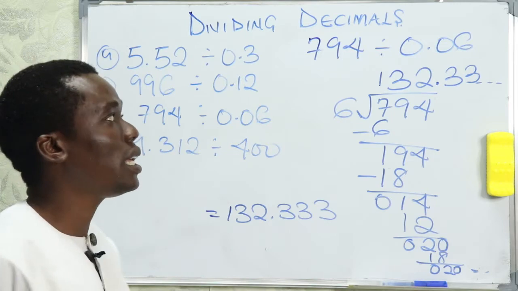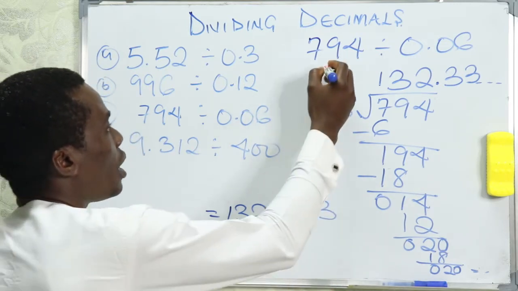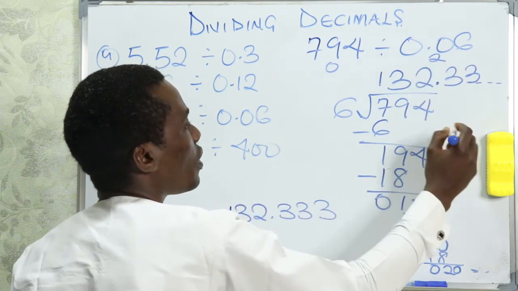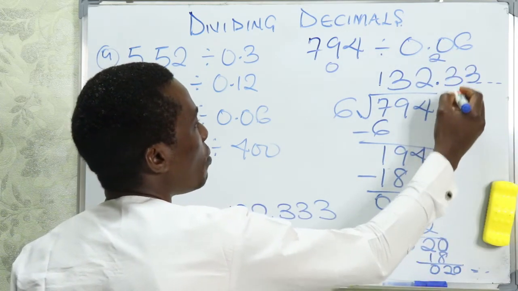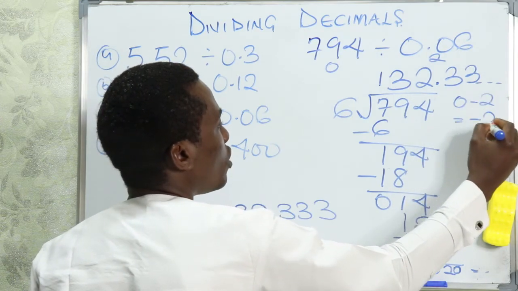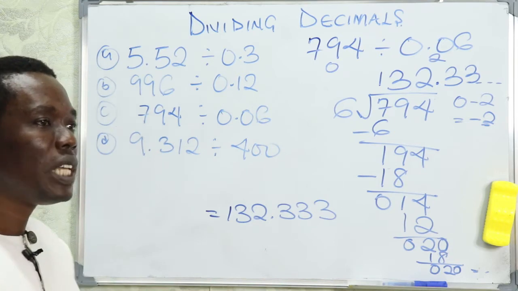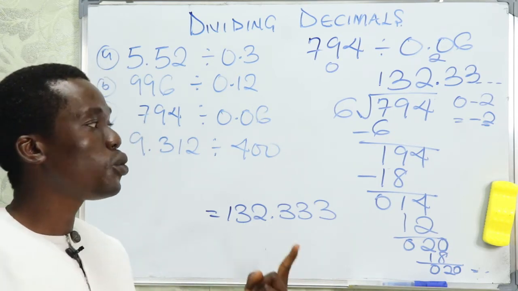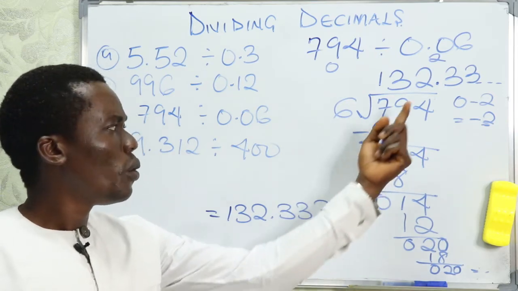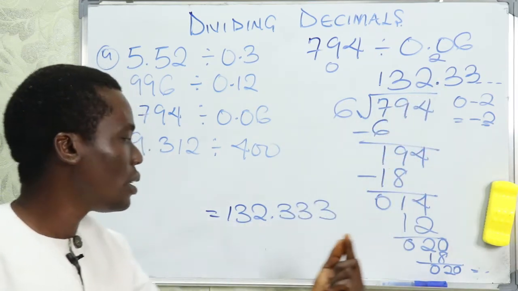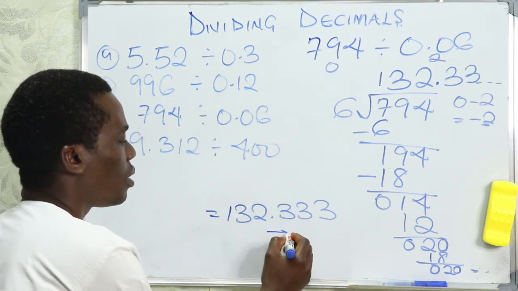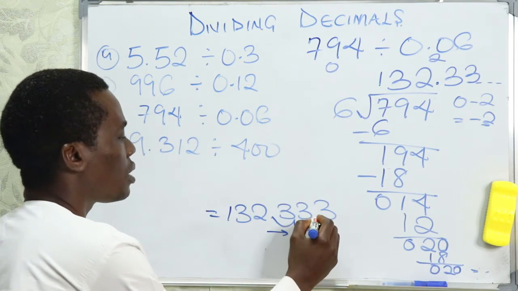132.333 and the like. So what do we do? We have 0 decimal places here, and we have 2 decimal places here. So how do we go about it? 0 minus 2 will give us minus 2. What does that tell us? That means we'll have 2 numbers before the decimal place. So we're going to neglect these decimal numbers, and then we'll shift 2 decimal places